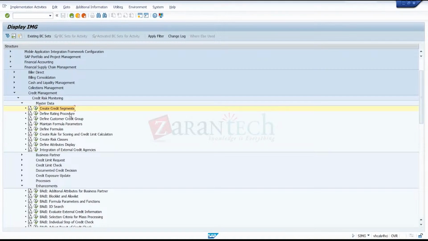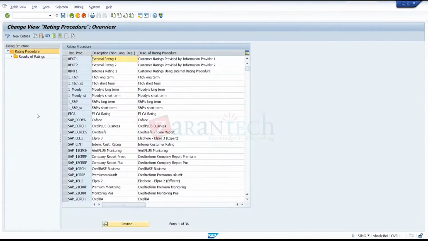So next, define rating procedure. Define rating procedure. No need to make anything new here. We can use all the existing rating procedures. If you want, you can try that, but no need. You can use the already existing rating procedure. And see, if you open this one,